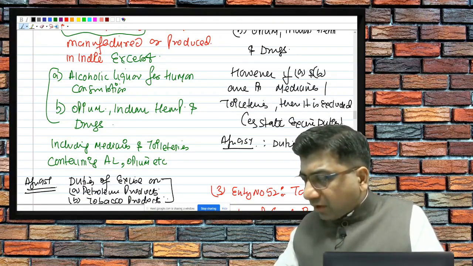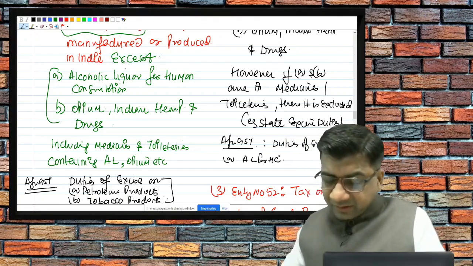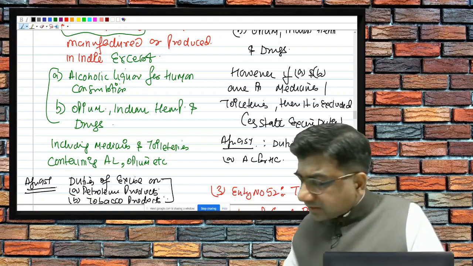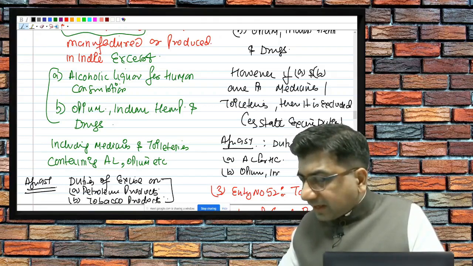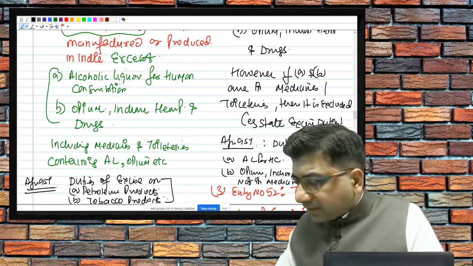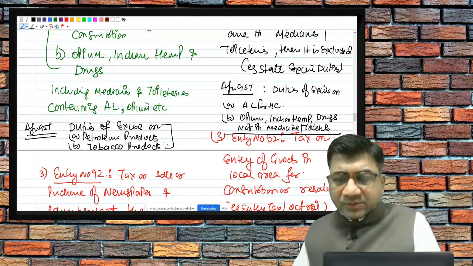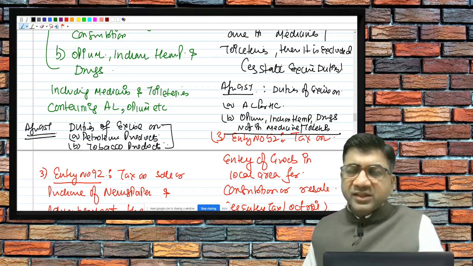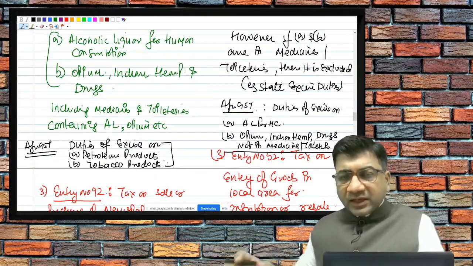duties of excise on A, alcoholic liquor for human consumption, yes, excise duties, and B, that is opium, Indian hemp, drugs, yes, not in medicine and toiletries. बताता हूं भी मैं. अभी आप लिख लो एक बार, it becomes easy for me. So write down the current position. Duties of excise on alcohol and liquor for human consumption, opium, Indian hemp, drug not in medicine toiletries. So the entry number, my dear friends, 51 now gives power for alcoholic liquor for human consumption, opium not in